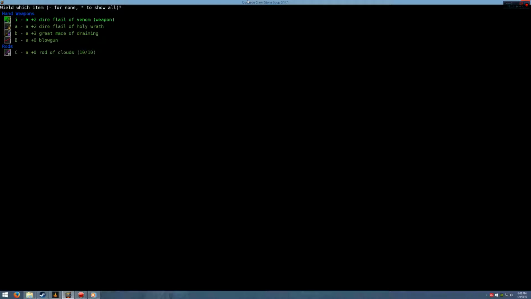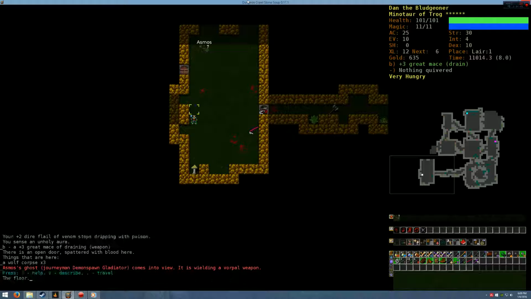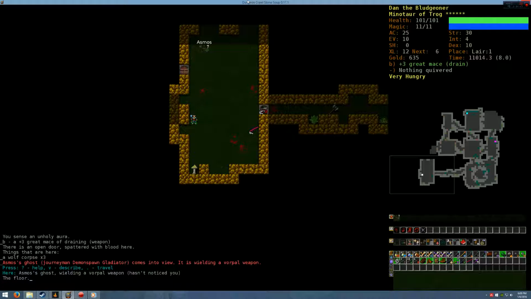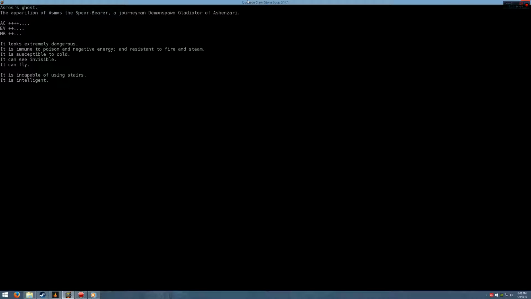Yeah, not better than this mace. Asmos. So this is another character I've lost. And now, once you've defeated a character's ghost, it'll go away forever. You'll never have to fight him again. A journeyman demon spawn gladiator. So this guy is also...